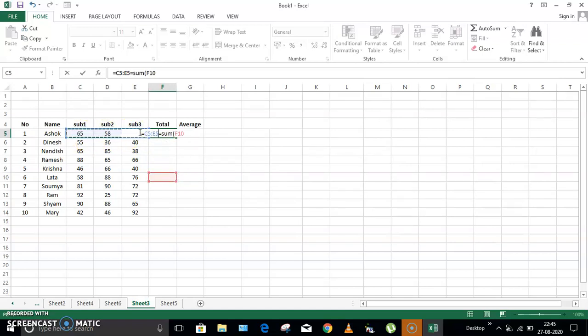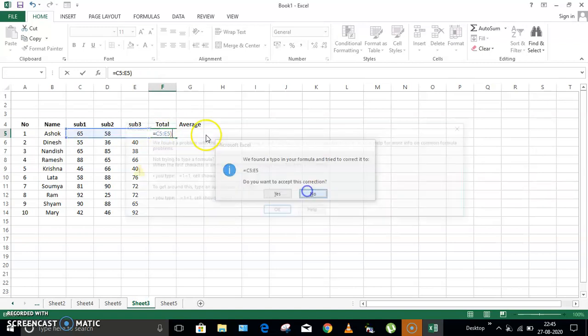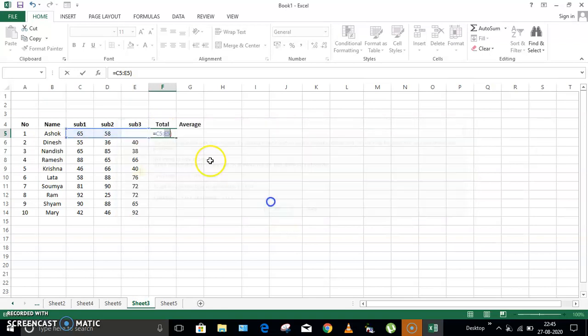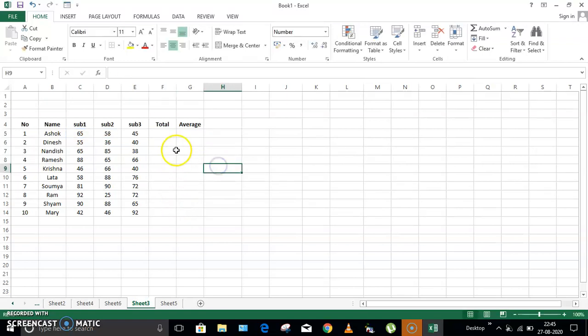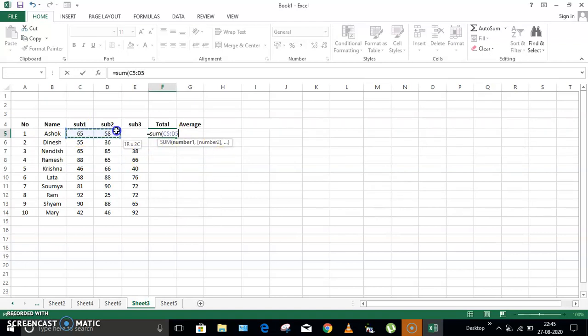Once it is done, I'm going to close the bracket. Fine, let me change it, there is some problem. You can see equal to symbol, then write sum in the bracket, select the range.